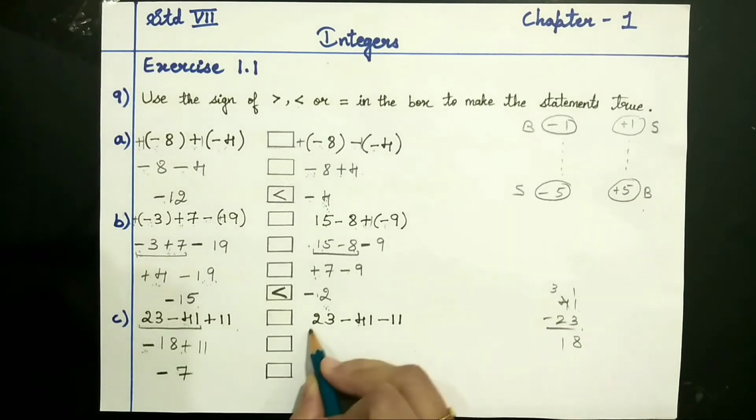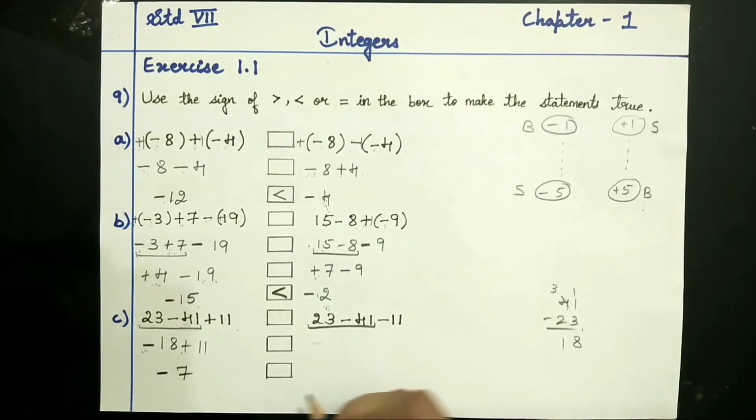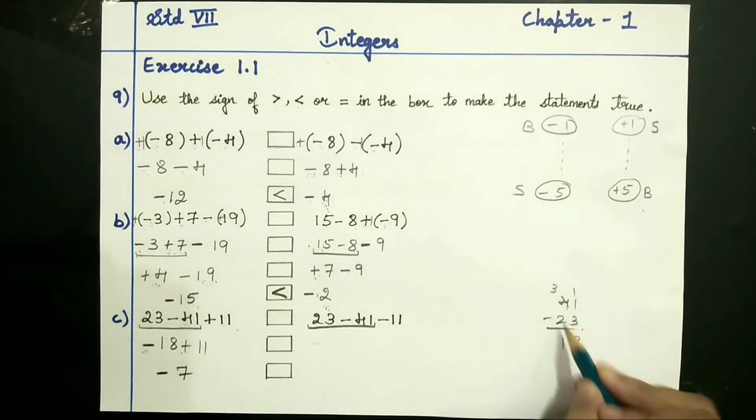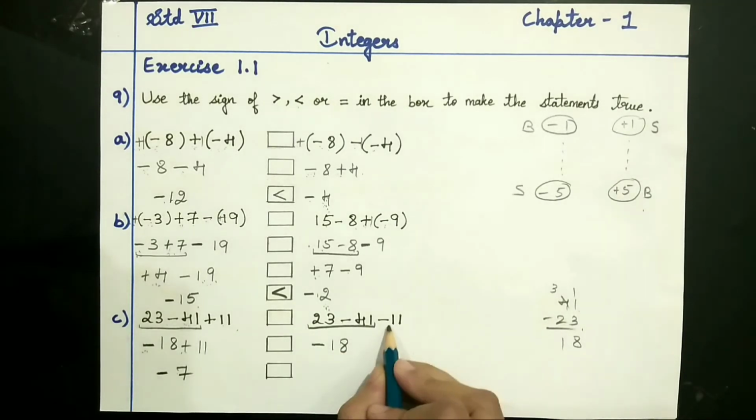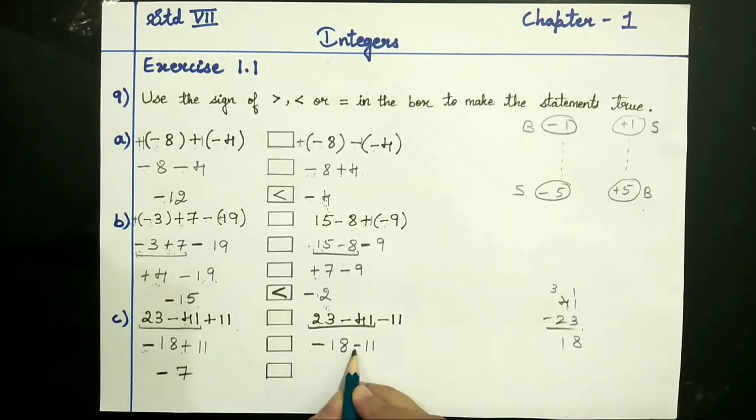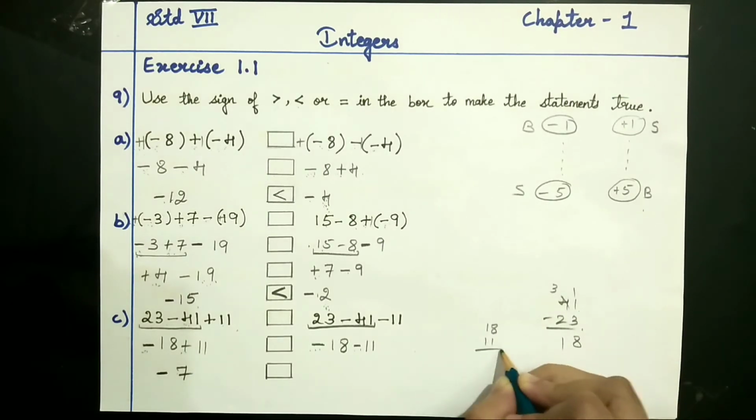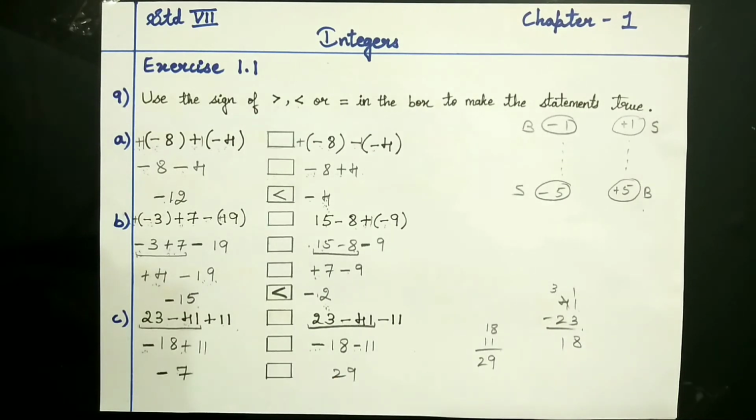Now let us solve this side. 23 minus 41. Okay, so again 41 minus 23 we had already done here. Answer was 18, and which sign do you have to give? Greater number sign. So the greater number is having minus sign, so it becomes minus 18. Then this minus 11 as it is I will carry down. Now since the signs are same, according to the rules of addition and subtraction, if the signs are same, you have to do addition. Okay, so add it. 18 plus 11, what's the answer? This is 9, this is 2. So 29 will be the answer.